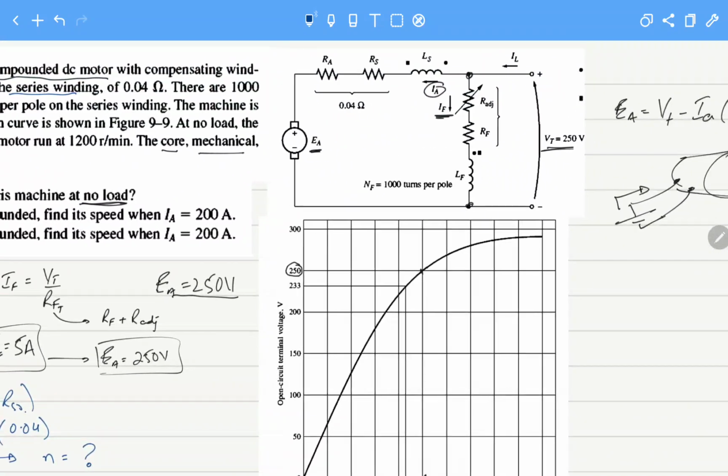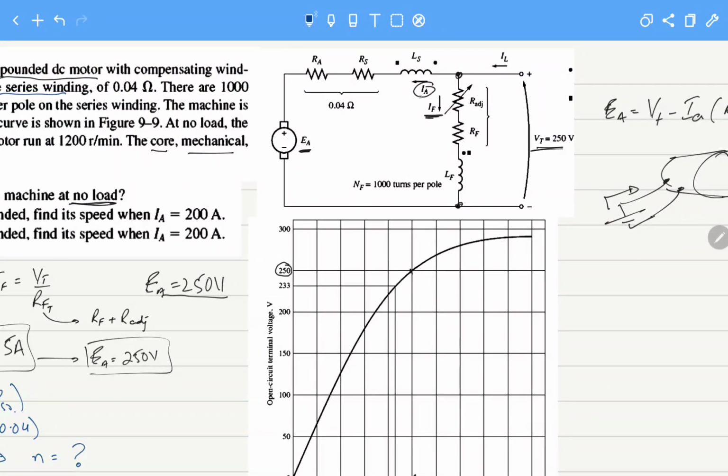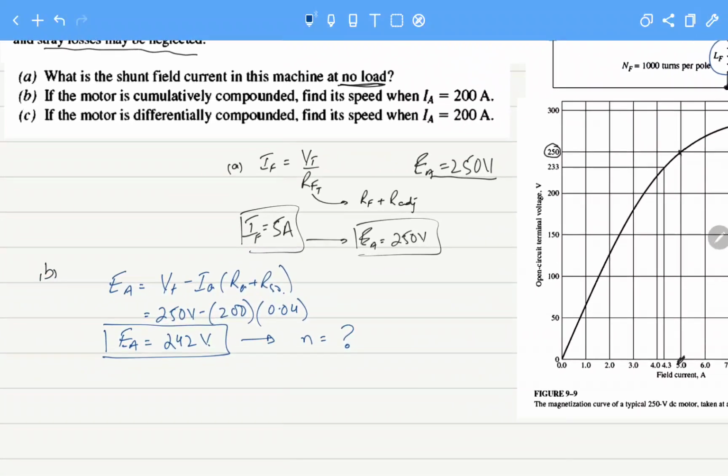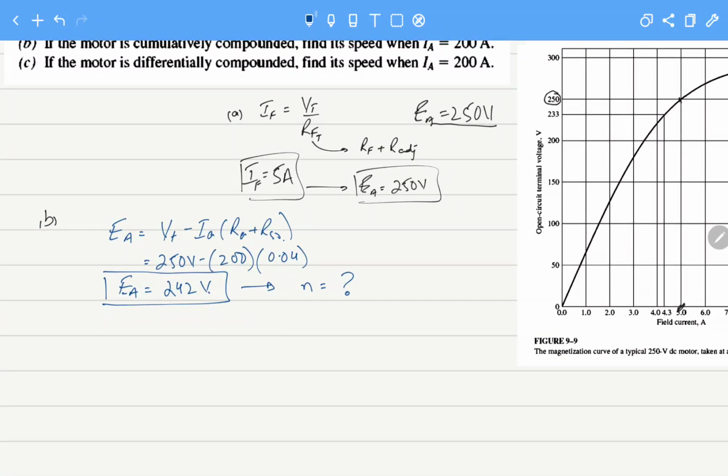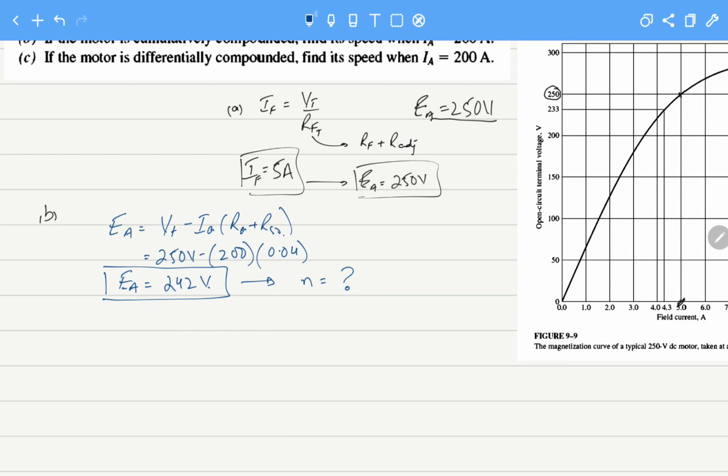Now in the cumulatively compounded motor, we know that a current IA of 200 amperes is flowing here, and we also know that IF is flowing here. So the field inside the motor is due to the series winding and the shunt winding both. So the effective field current, which means the total flux being produced, will be